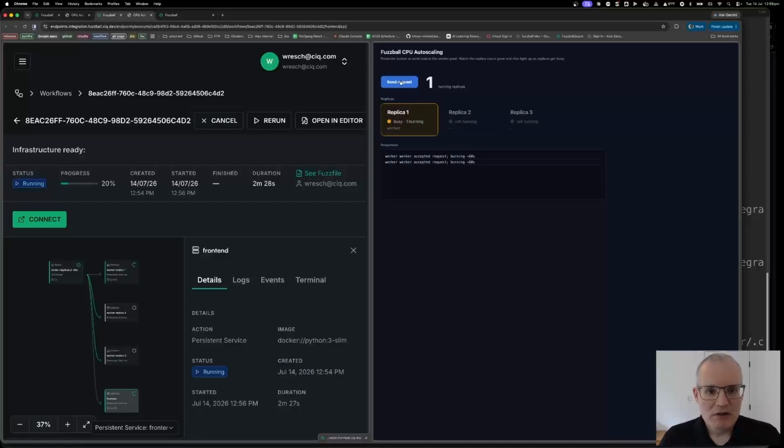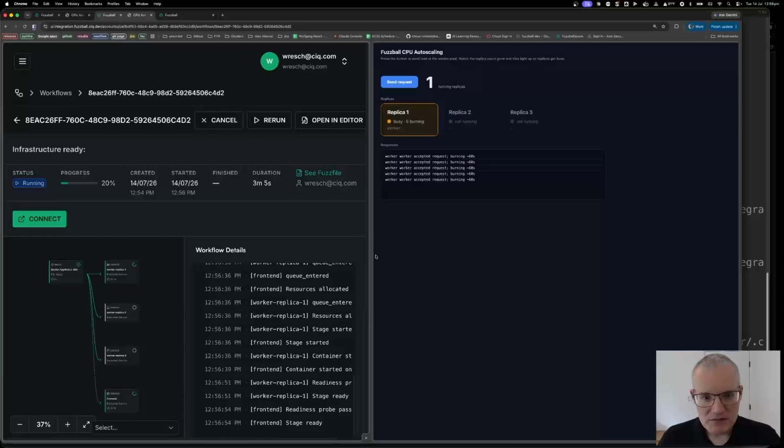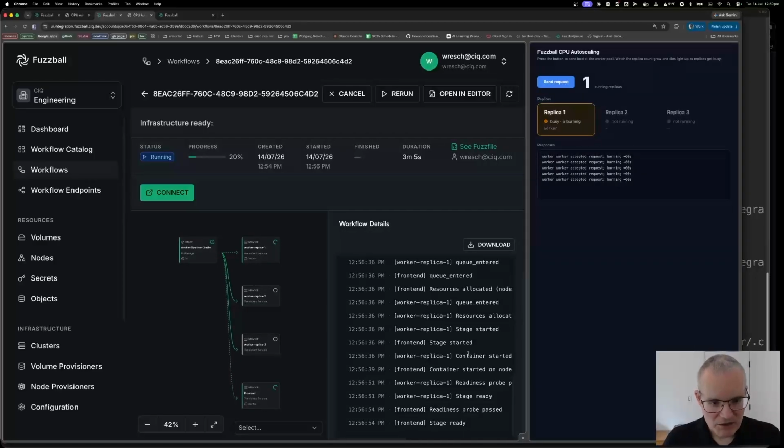So now if I submit, let's say, 5 requests, because there's only one replica running, they will all get routed to their one replica. But if we look at the events for this workflow, and let me make that a little bigger, we should see within about a minute that a scale up has started. And the reason why this takes a minute is because we created a trigger that requires a load of greater than 1.5